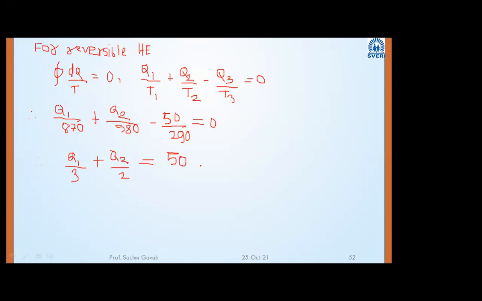It will be 50 and काय येणार व्हॅल्यू: 2Q1 plus 3Q2 is equal to 6 into 50